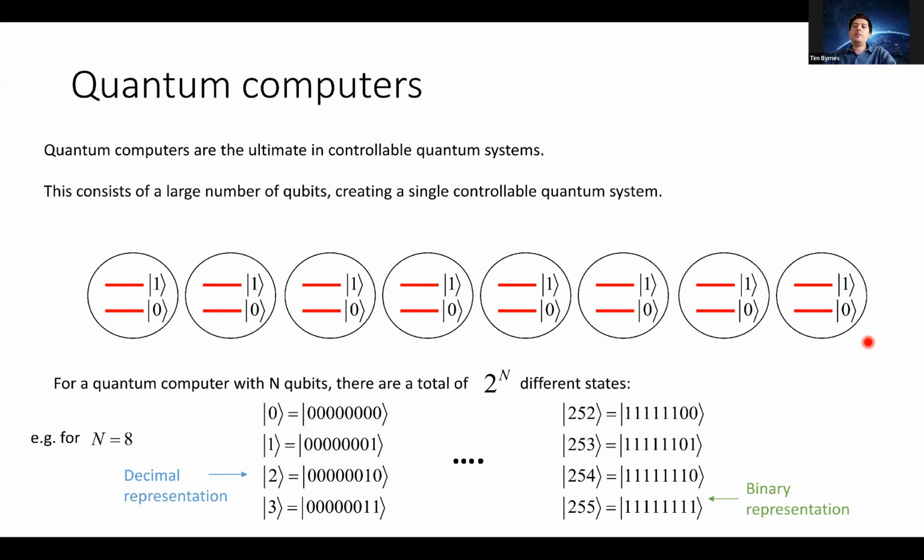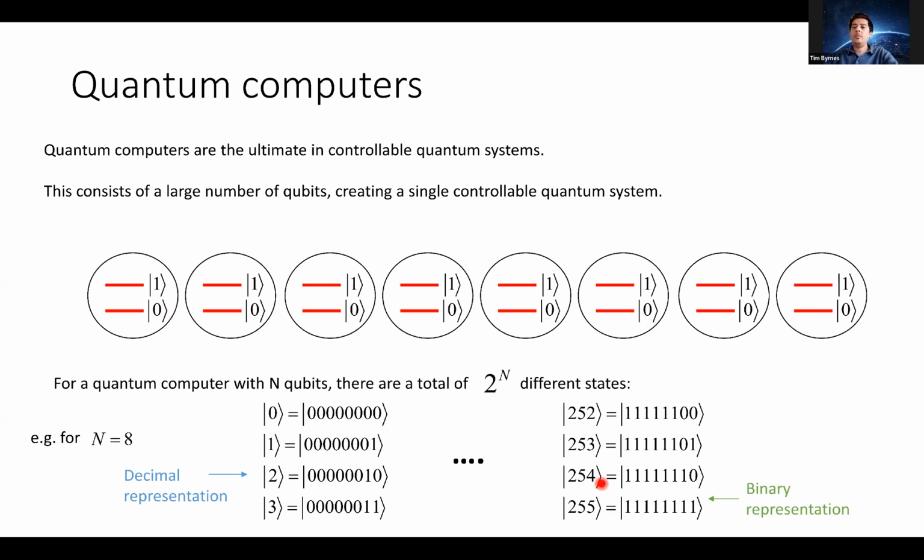And we can think of each one of these as just this two-level system. And basically in a quantum computer, if you've got, let's say, big N qubits, then when you make a state out of these many particles, the state can be in any combination of any of these states. So for example, in this 8-qubit system, you can have any state which is a combination of all these,